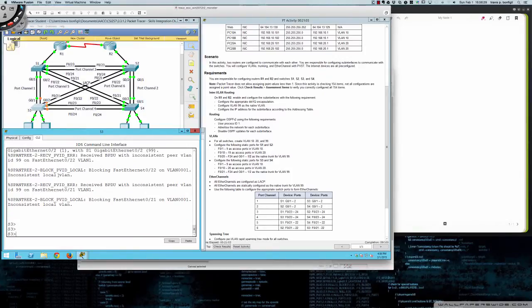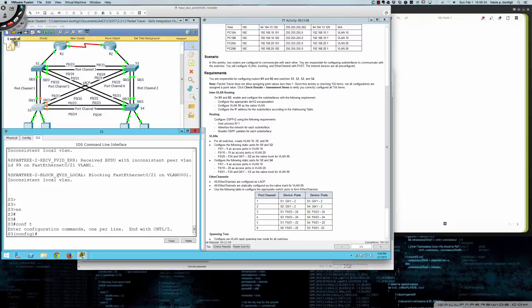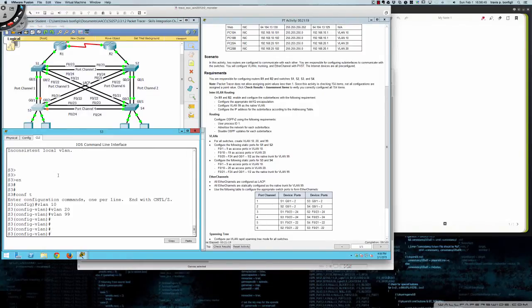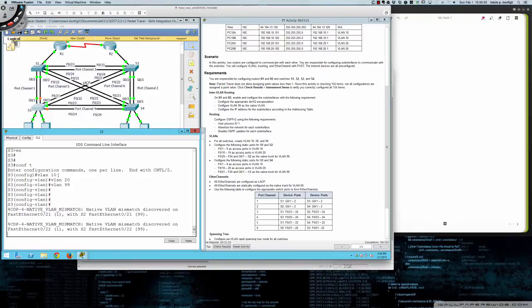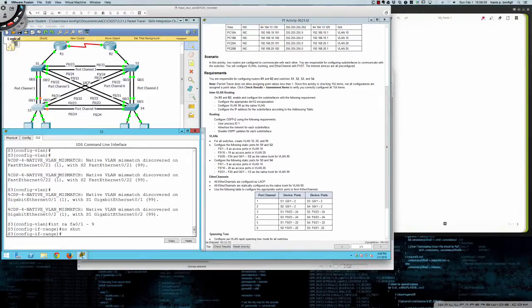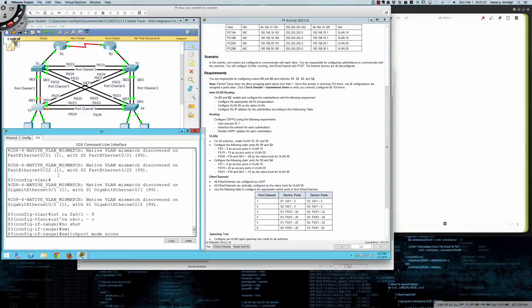So here I am at user exec. I'm going to go into privilege exec mode, into global config, and we're going to say right out of the gate, VLAN, let's make sure we've got this right. Yep, VLAN 10, VLAN 20, and VLAN 99. Now, the ports here are going to be configured the same, so we're going to say interface range fa0/1 to 9, no shut, switchport mode access, switchport